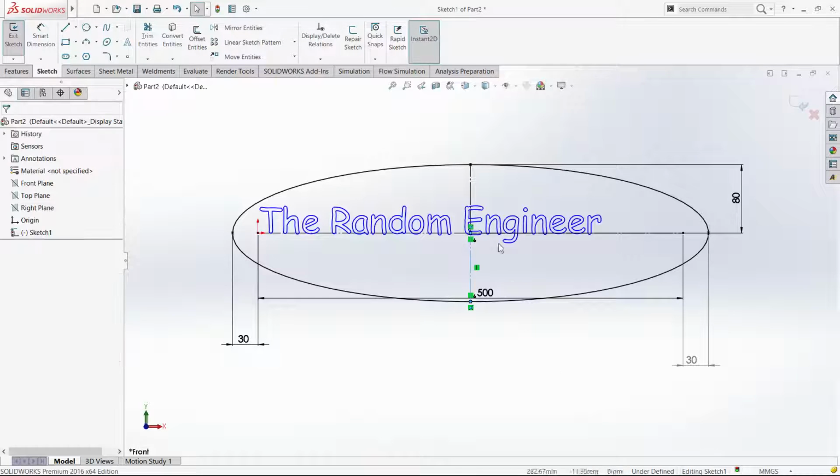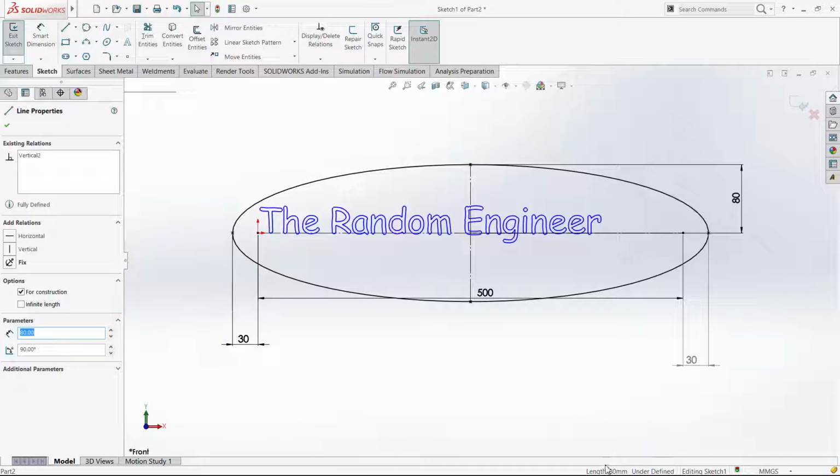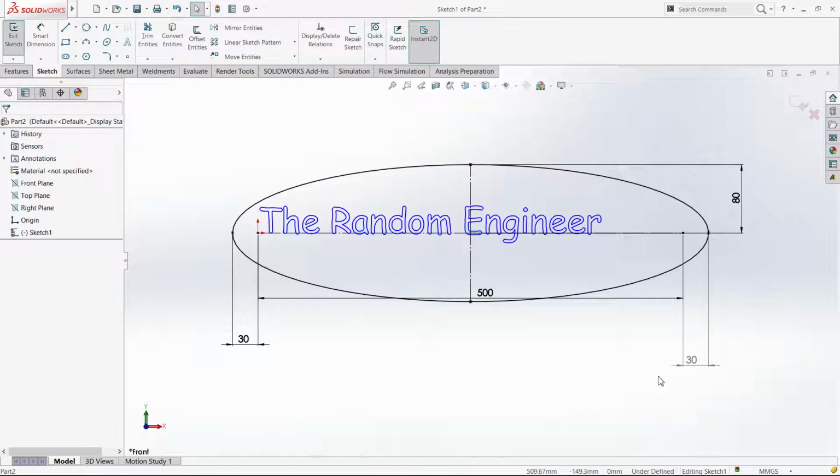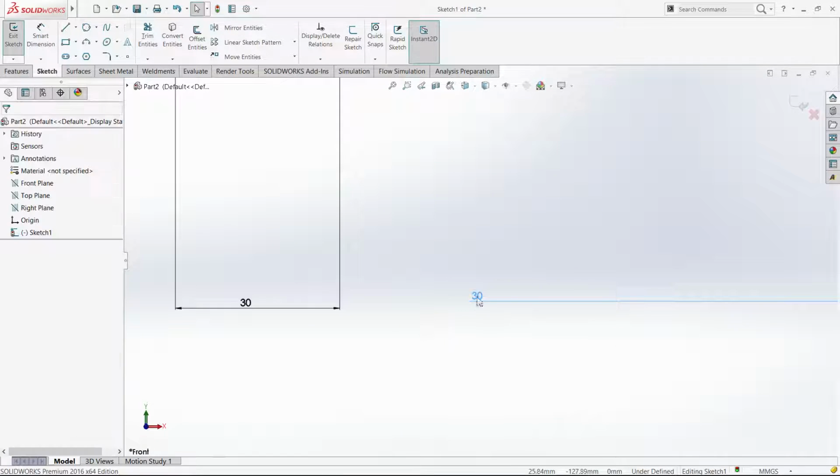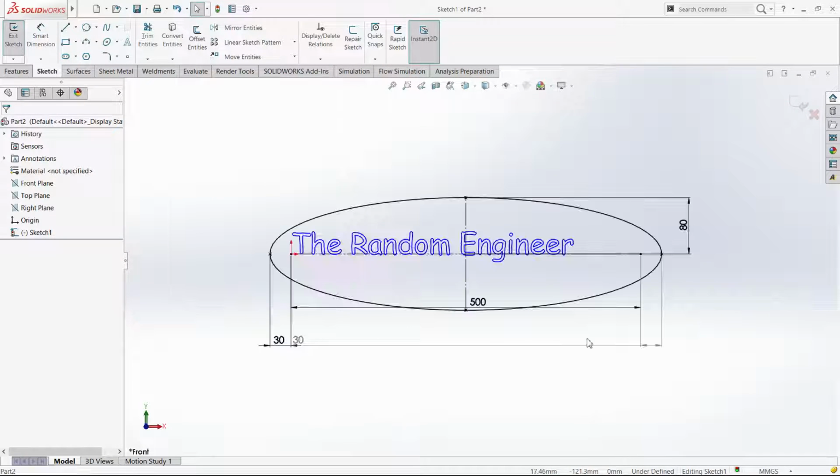So if you click on the line or any geometry, it's going to give you a summary of what it can tell you. So here it says 80 mil, and down here it's 80 mil as well. So if I delete this, you can see the difference between these two dimensions is that one is completely black and the other one is gray. That's because this one is